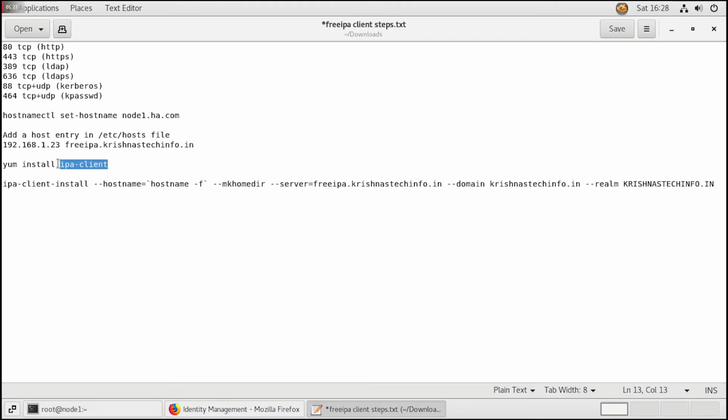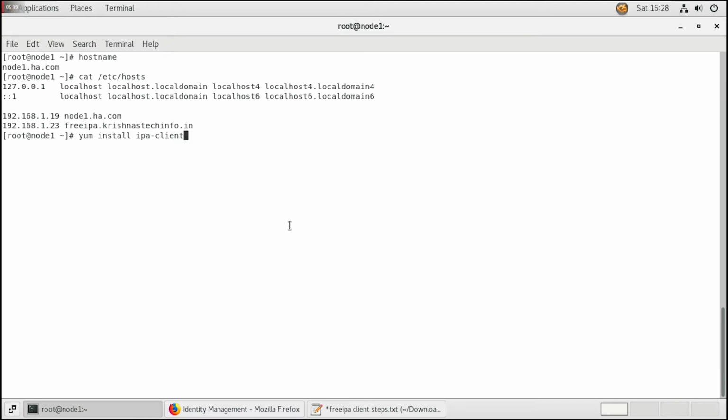The next step is to install the ipa-client using the yum install command. yum install ipa-client and give enter.